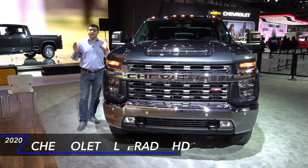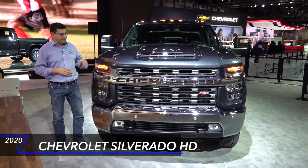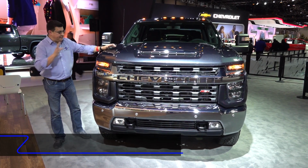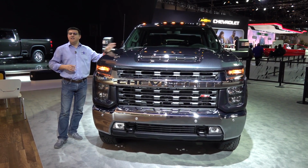Although not exactly news, we now have more and more details about the new Chevy Silverado HD and of course the GMC Sierra HD pickup trucks, the 2500 and 3500 trucks. The big difference between the Silverado and Sierra and the competition is that these are all new for this model year. And when we take a look at the Ram 2500 and Ram 3500 recently announced, they're not quite all